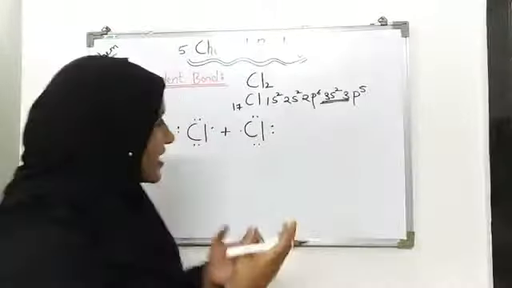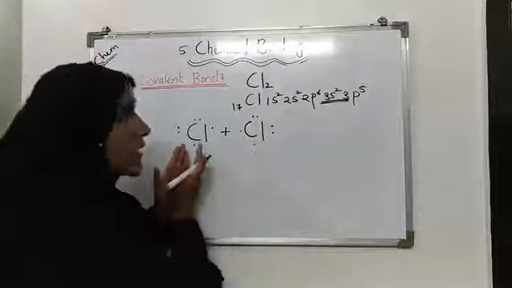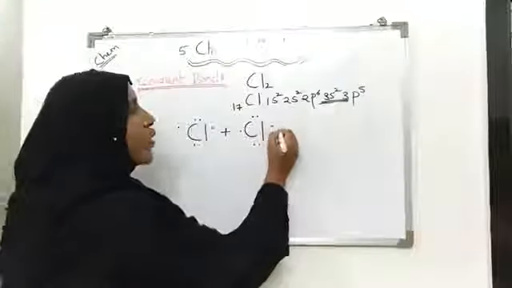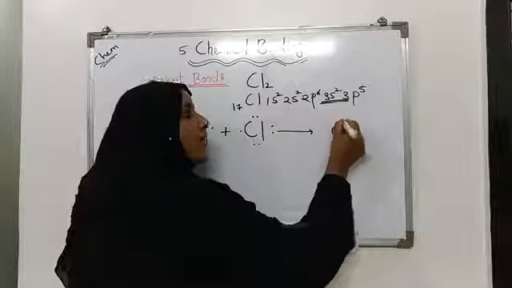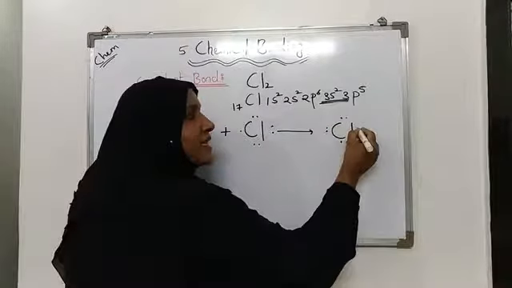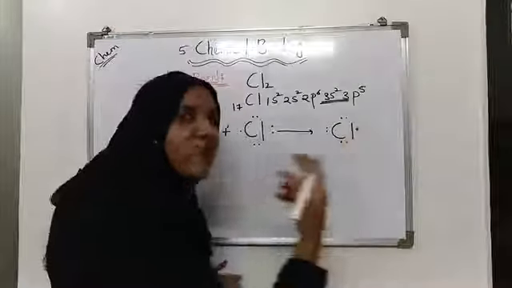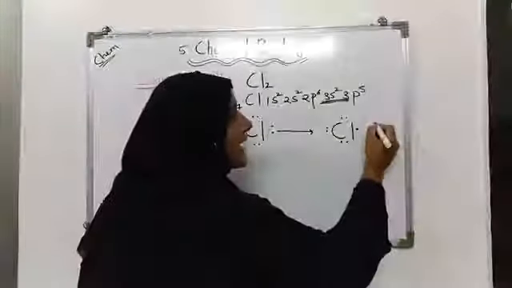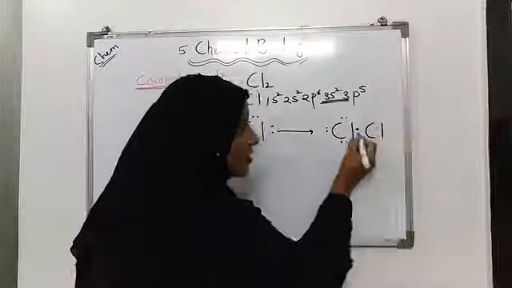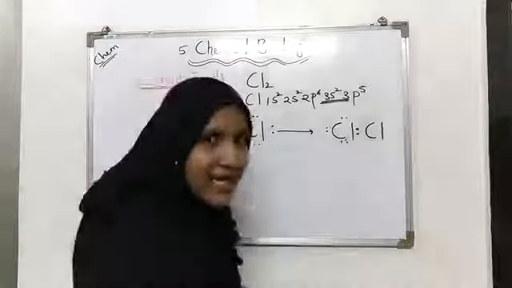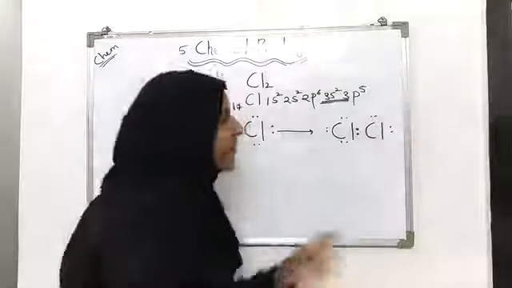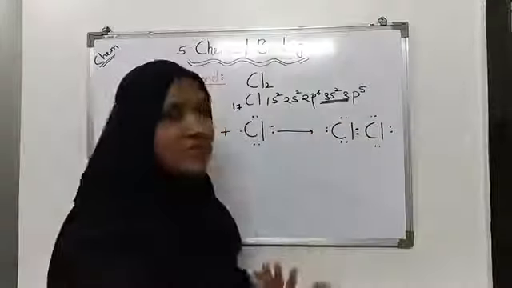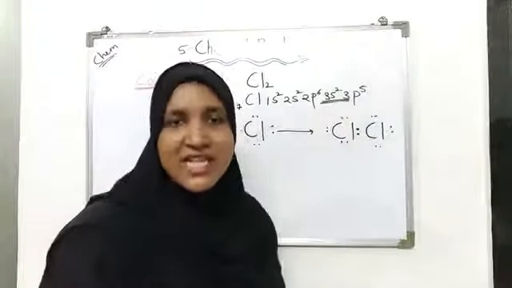electron with each other. So when this chlorine goes near this chlorine, what happens then? Now both the chlorine, when approaching each other, this chlorine will give its 1 electron and the second chlorine will also give its 1 electron, and both of these will now have 8 electrons in their last shell, that is